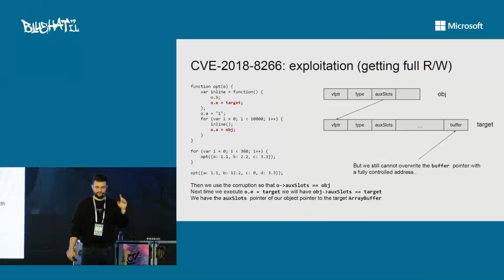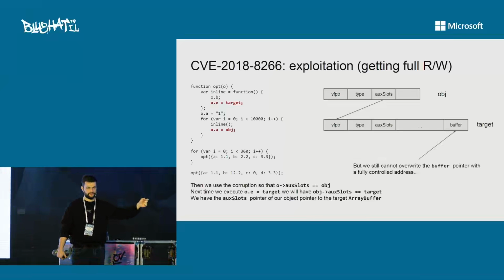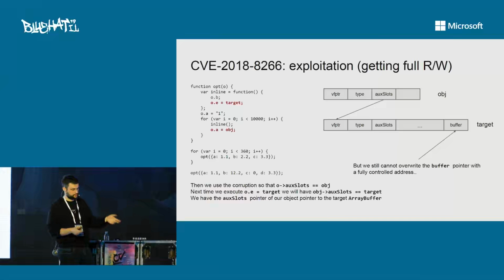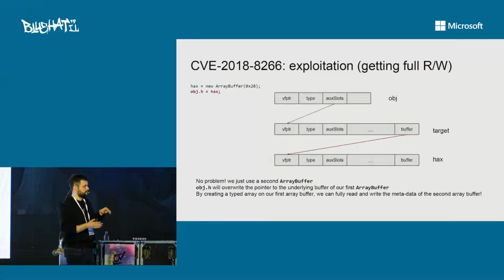But we still have the same problem, which is even though I could corrupt everything that's inside the array buffer, so I can override the length field to get an out of bounds, we cannot completely control the pointer, and we want to read and write from memory arbitrarily, not relative to the buffer itself. So we need, again, another corruption. And this is really simple. It's only two lines of JavaScript. I just declare another array buffer. And since I have the ability to overwrite whatever is inside the target array buffer, by just executing obj.h equals hax, which is the new array buffer I created, we basically achieve this memory layout,